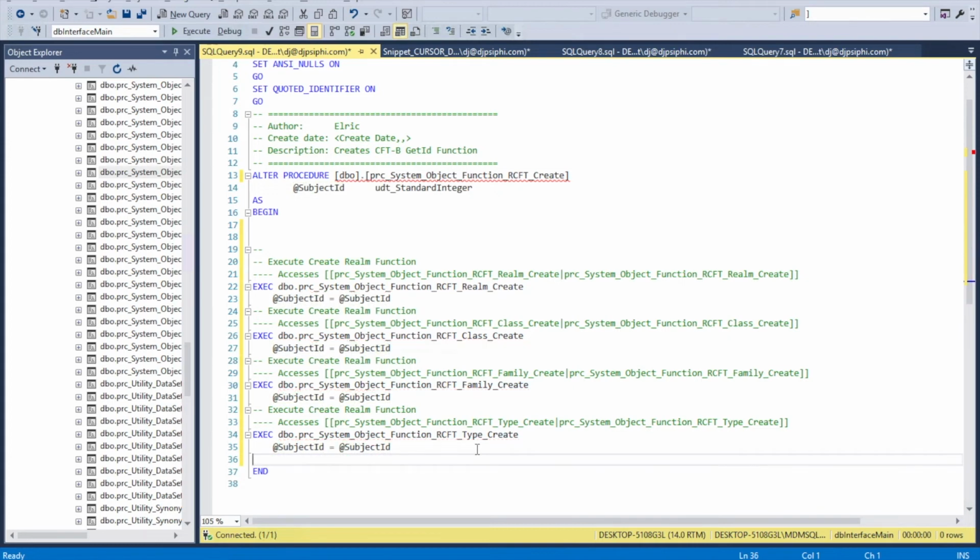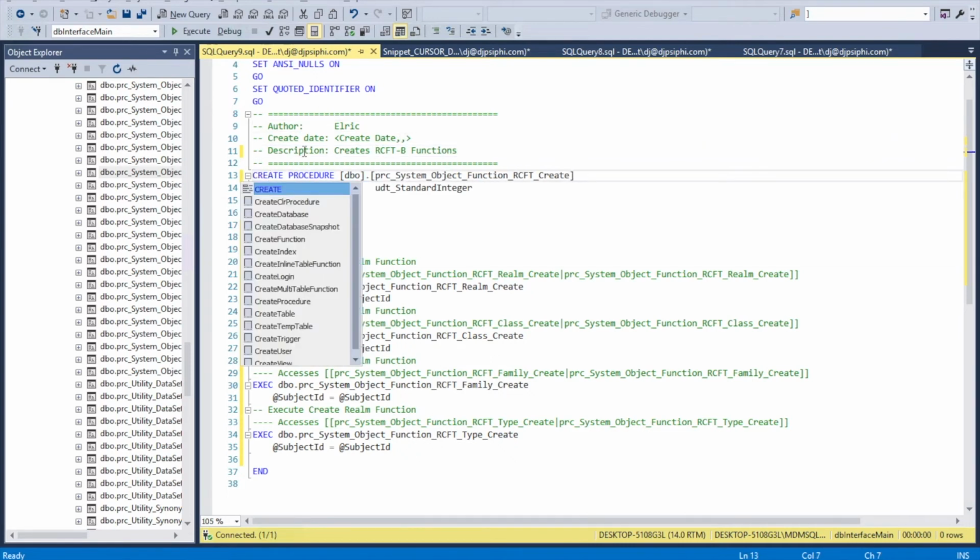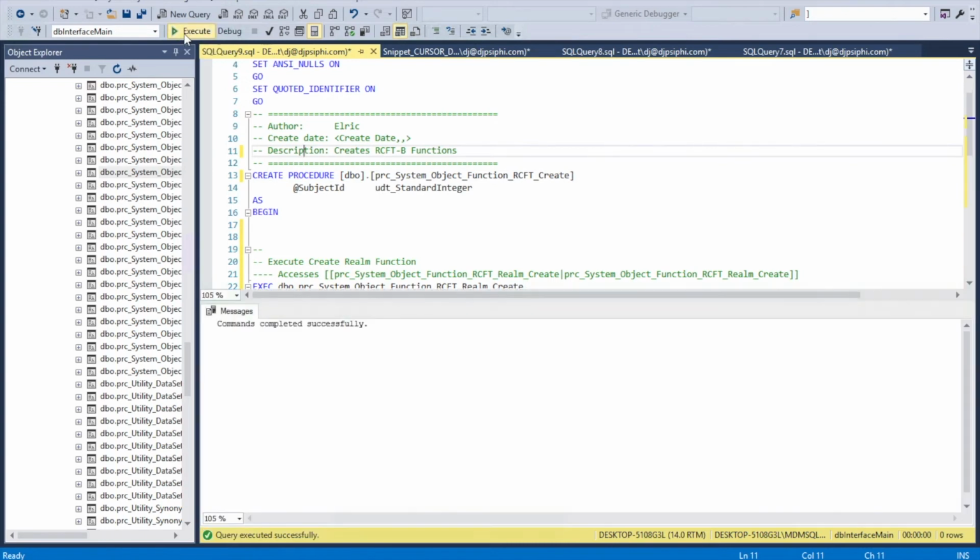Shift R. Bam. Thank you. I didn't want to have to say anything. And then it should be as easy as